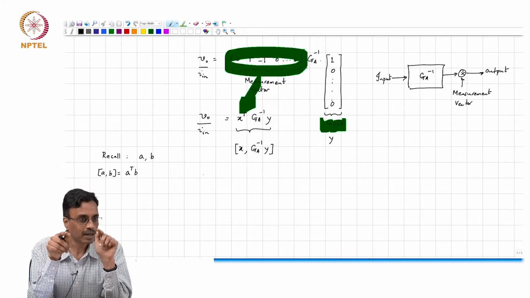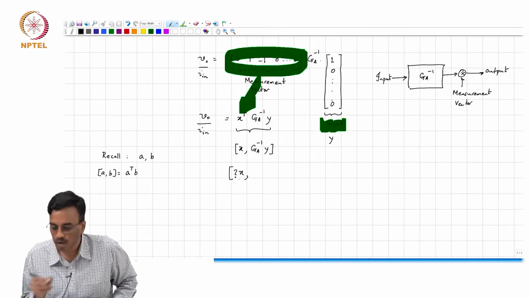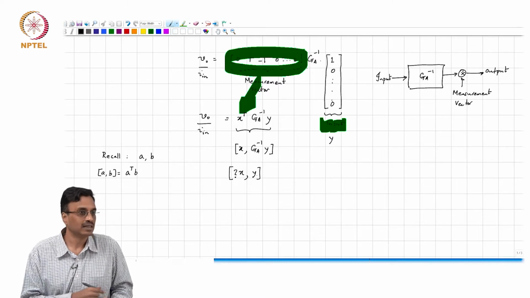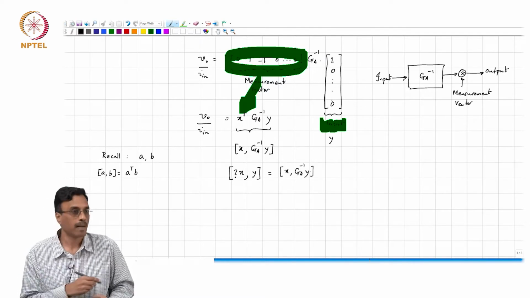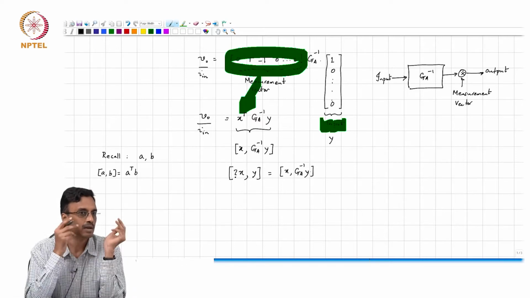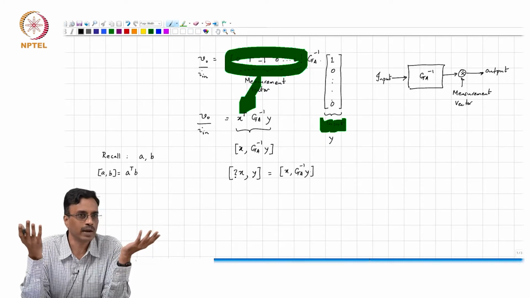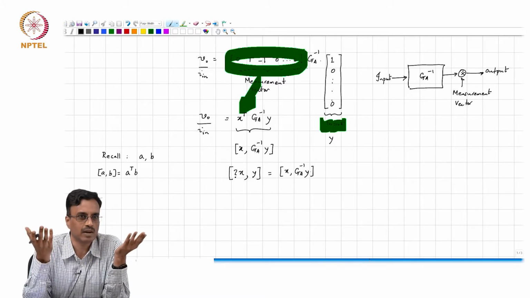Does it make sense? In other words, what should I do to x, before dotting it with y, to get the same answer as I would get if I... Is this clear, people? I mean, this is simply a mathematical question. There's nothing, I mean, why are we doing it? This is what the math guys love to do, right? And it seems like a legitimate question, right?